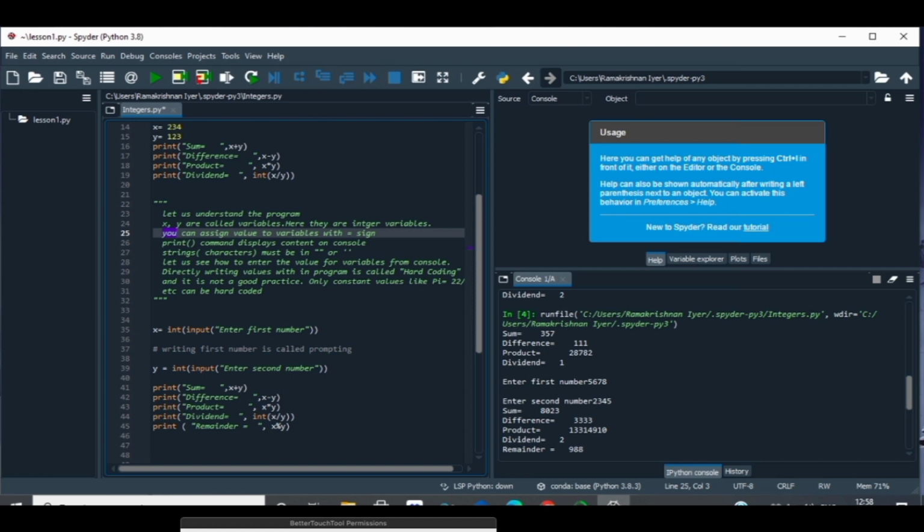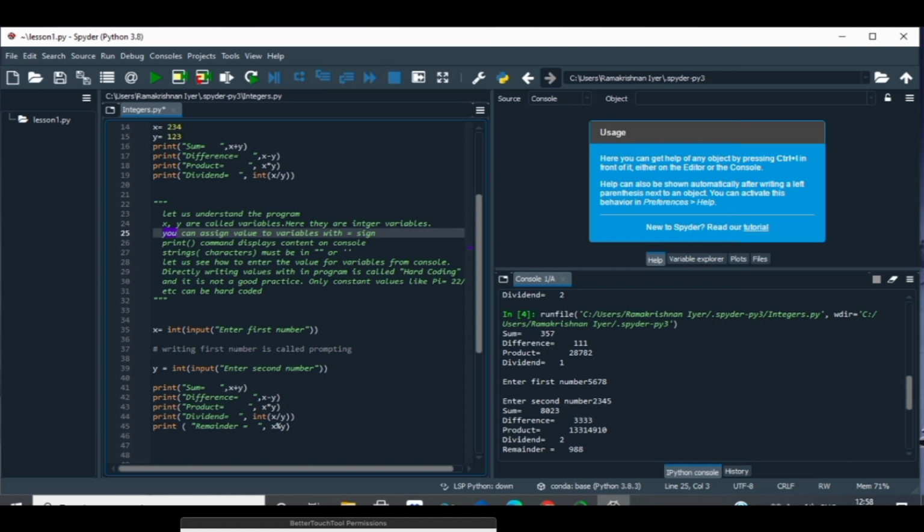So this will prompt you to enter the number, and that input is converted into integer. Normally otherwise this x will be stored as string, it will not be integer. So once you write this int, it converts the string into integer. Similarly y is equal to int input second number, enter second number.